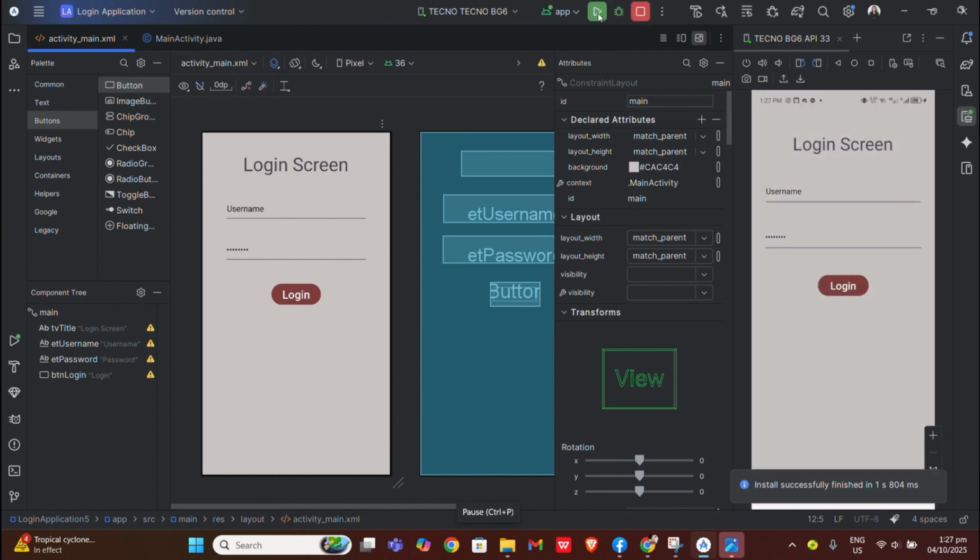And now we have the login screen in the application. That's all. Thank you.